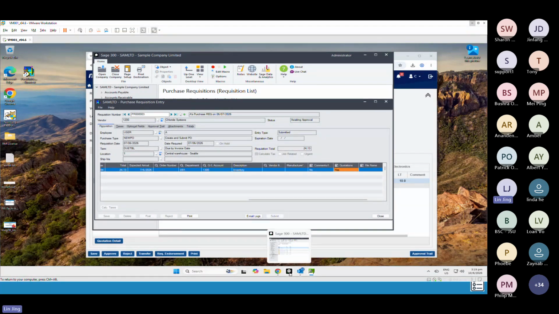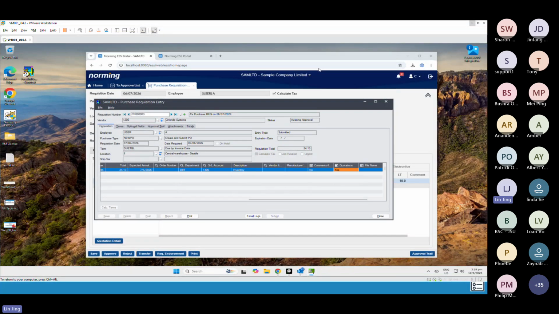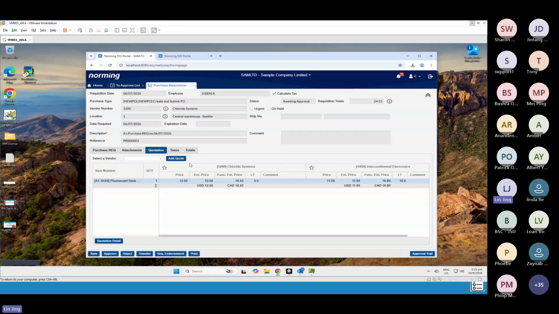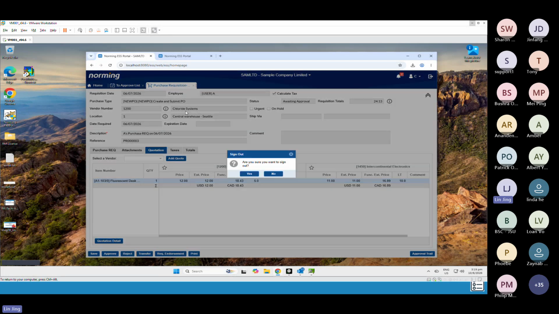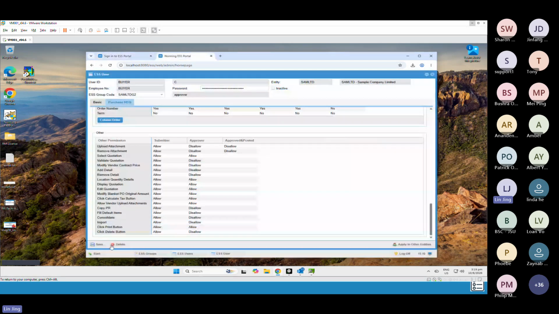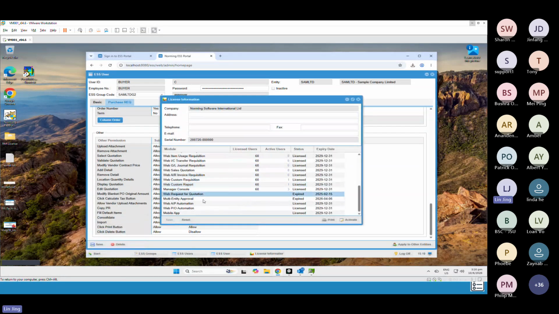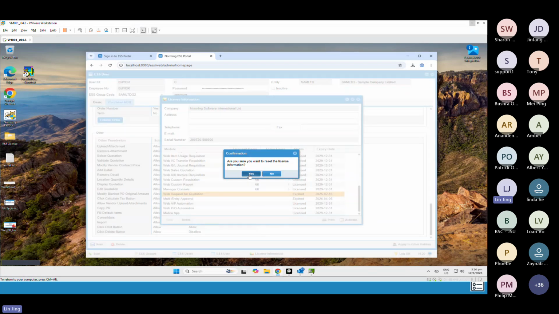Now people usually ask, normally we also have a so-called request for quote from the web, directly sending the email to the vendor. That one you need a separate license. For now, you can see this screen only has add code, because the system doesn't have the license. If you look at the admin and check the license information, this license is web request for code. Now we don't have it. So if I activate a license for that,